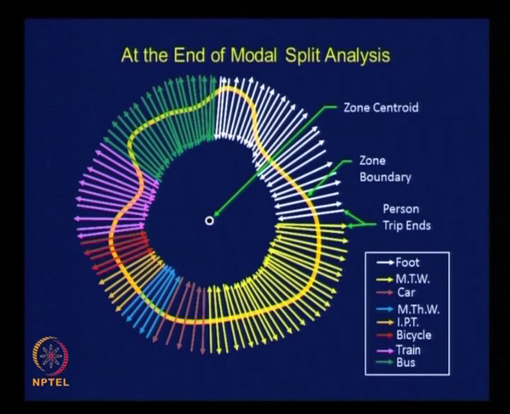This is what we did on completion of mode choice analysis, just assigning modes for the trip ends. Even at this stage they are only person trip ends, but with an additional information of mode used for each trip, right. So that is what we have done on completing step 2, and we have now completed step 3, and on completion of step 3